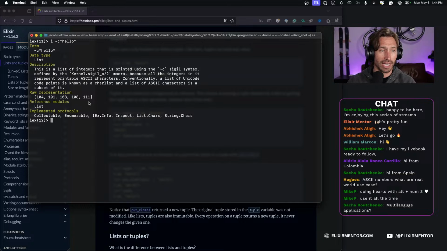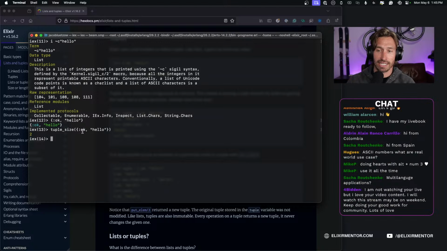collection. And if we go ahead and create our tuple, we'll create our little OK tuple here with a hello string next to it. And there's our tuple. And then you can do things like tuple_size, and we can pass in the same tuple, the OK hello. And this will return 2. So there are 2 elements inside of our tuple. Now, tuples store elements contiguously in memory. So this means accessing a tuple element by index or getting the tuple size is a really fast operation, and